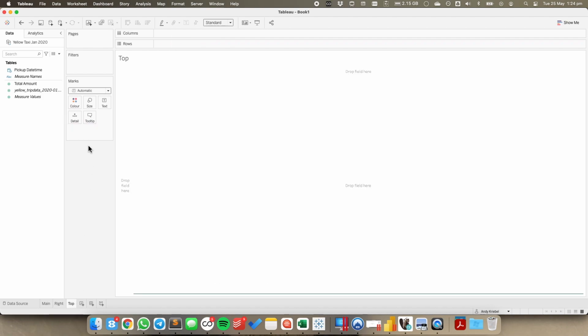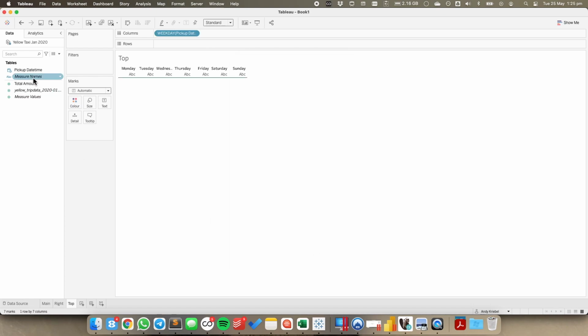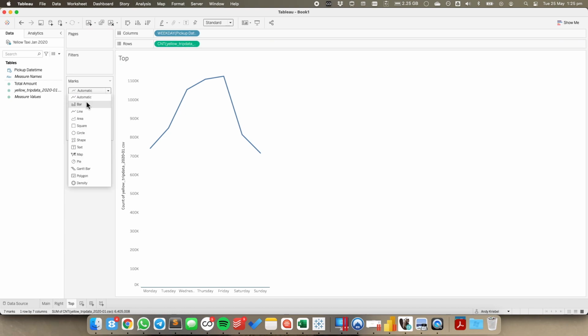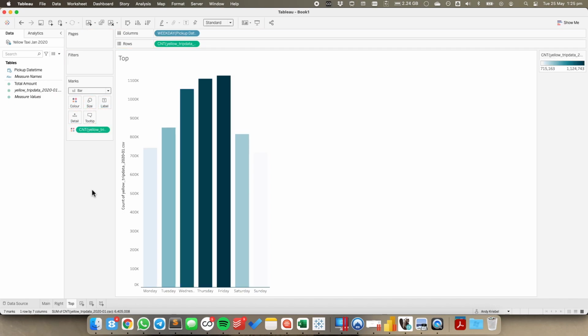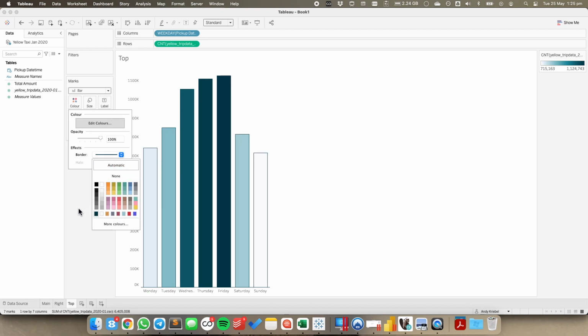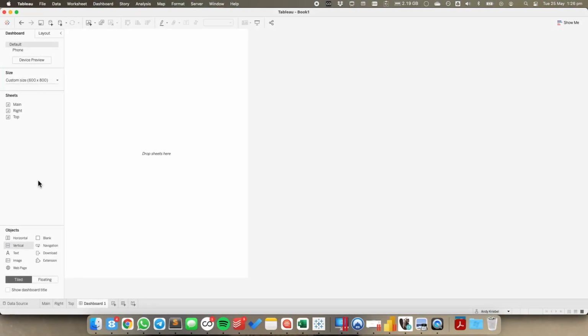Lastly, we want to go ahead and create the histogram for the top. So I'm going to right click and drag pickup date time to the columns, pick weekday, put my count onto the rows, change the mark type to a bar, and then put the count onto the color as well. So I'm going to go ahead and put a little border on these because the light ones were a bit hard to see. So now what I want to do is put these 3 sheets together into